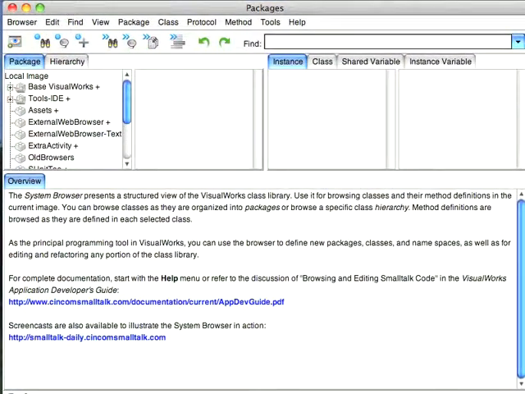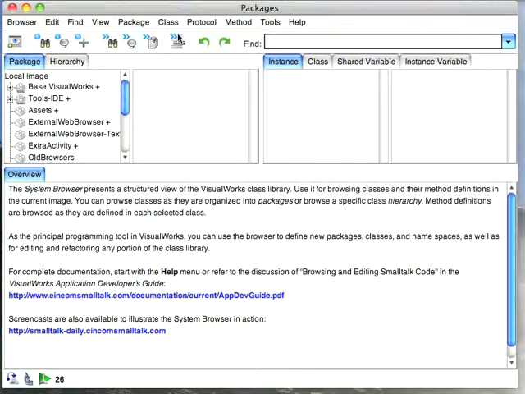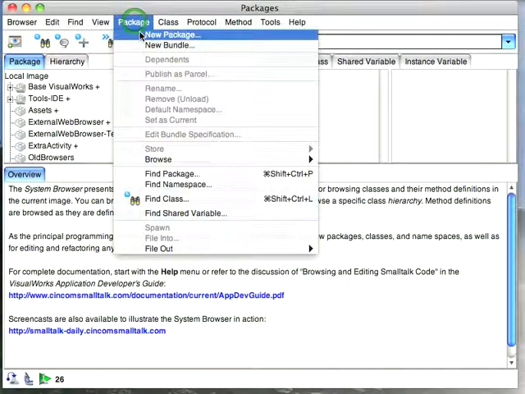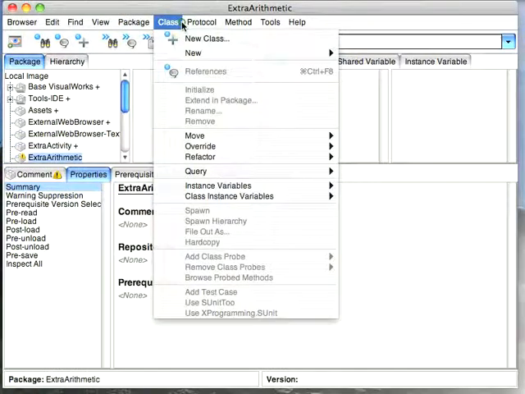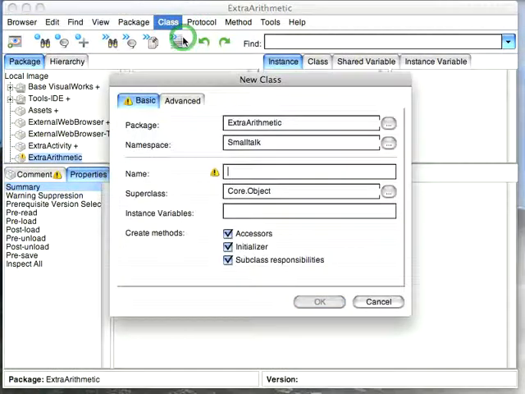And I'm going to make this small enough to fit completely in the view, and we'll create a new package. This is going to be our package for having both the extension and the test. So I'm going to call this extra arithmetic because for our example I'm going to try to generate a cubed method. So let's call our class